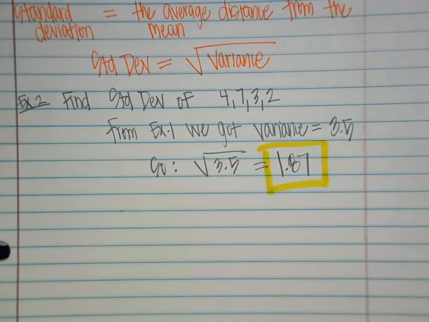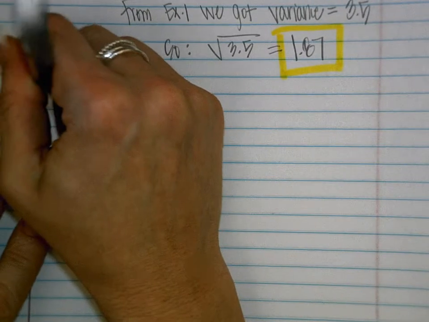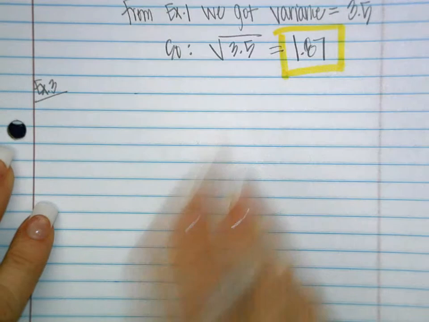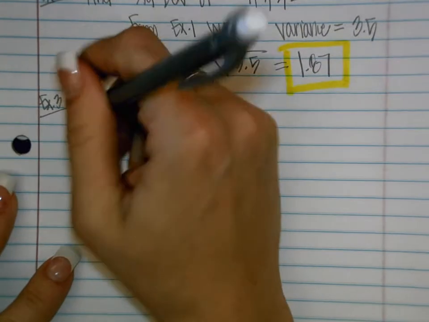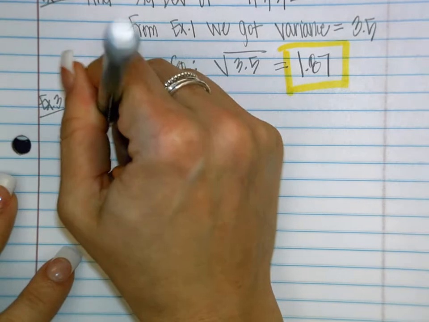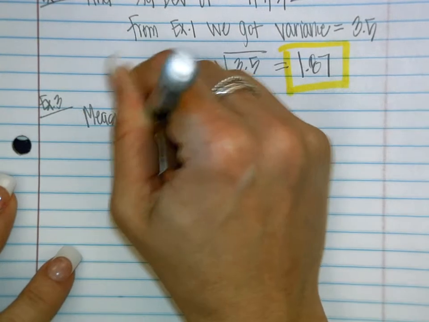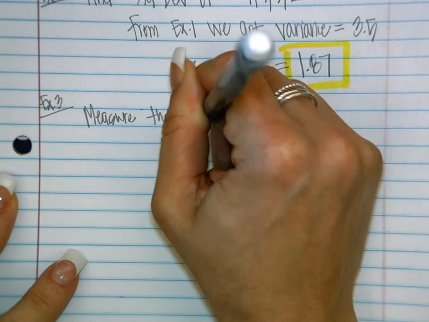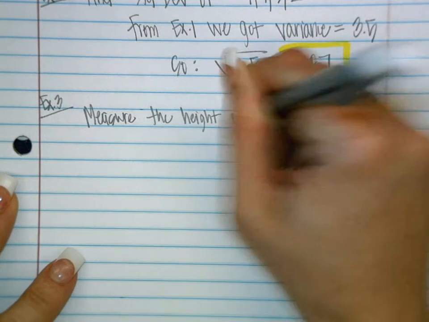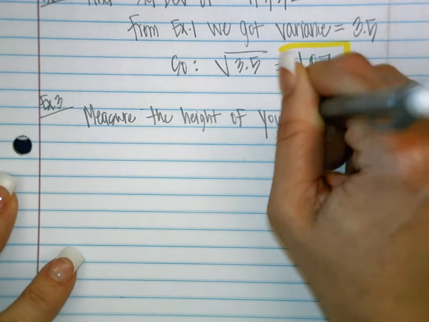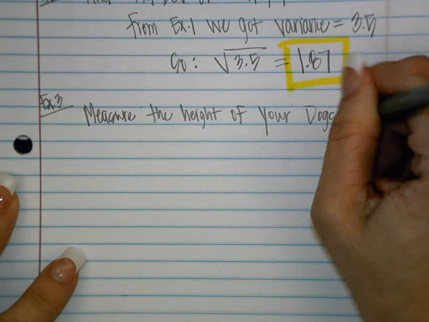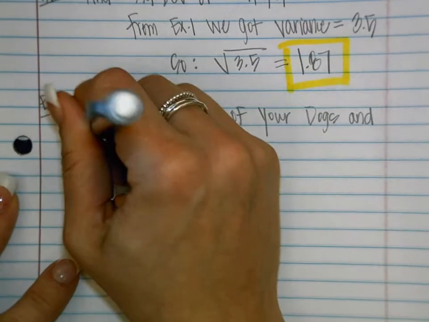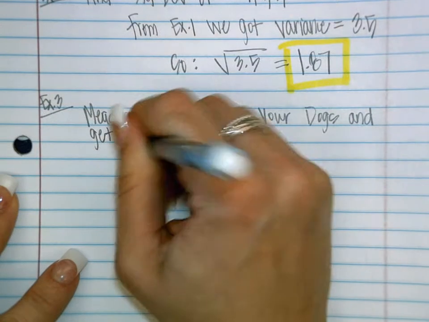Questions on how I did that? Okay, we're all done. Or almost all done, sorry. For number 3, say that you are, you guys are going to laugh at this one, but if I ask you to measure the height of your dogs. You have lots of dogs at your house. If you measure the height of your dogs and you get 32 inches,